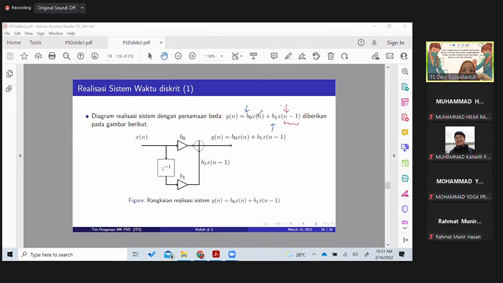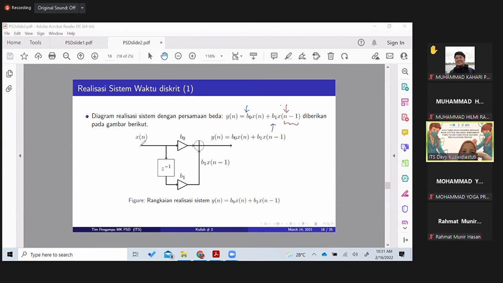And then we have the input xn and the output yn. We could draw our diagram. If this is the input,